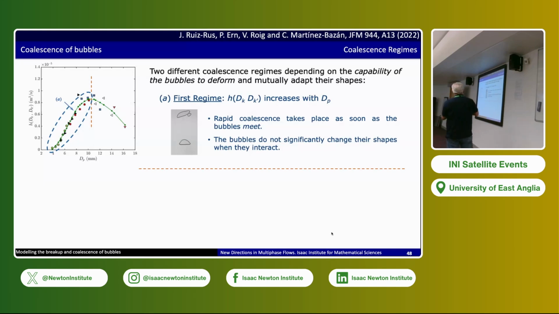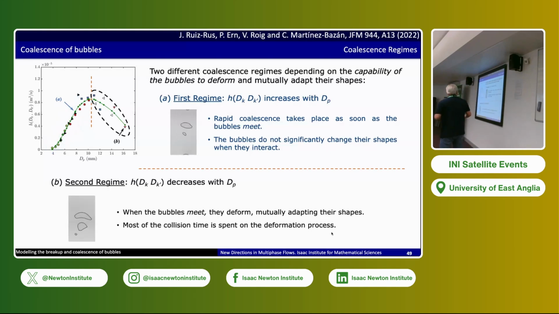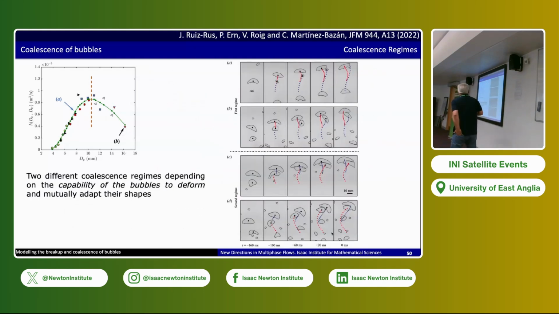It's like in this region, it's a rapid coalescence process. The bubbles just meet and they kiss, we say, right? But in the other region, there are larger bubbles, and the bubbles get together, they are very close, but they start like dancing before kissing, is what we say, right? And it's because it takes some time to drain the liquid film that is created there. So in the first region, the coalescence frequency increases with dp, and in the other one it decreases. And this is something that we like to model.